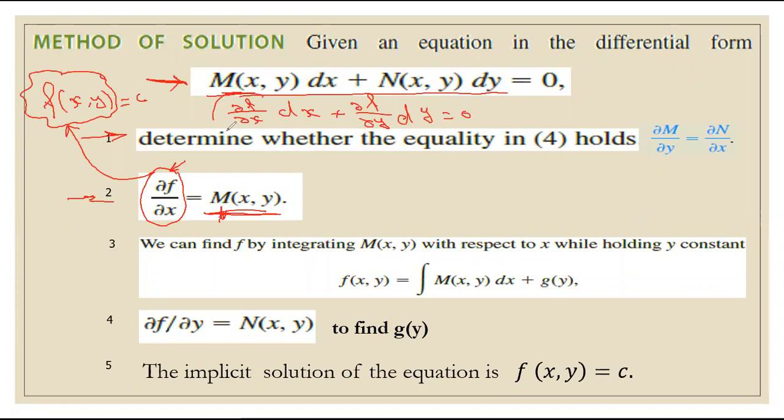So I choose the partial f by partial x to be m. Third step is to integrate both sides of this equation. If you integrate here, it will be the integral of partial f by partial x dx equal the integral of m(x,y)